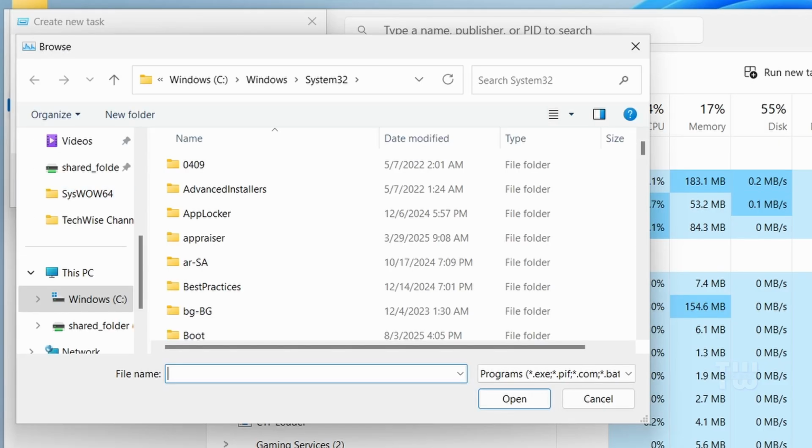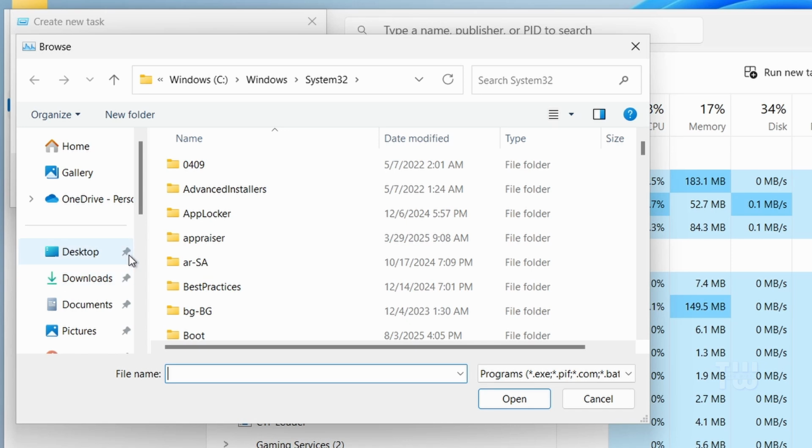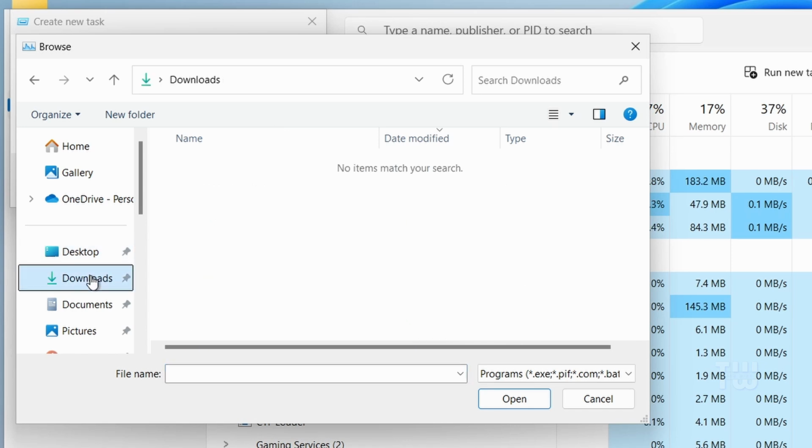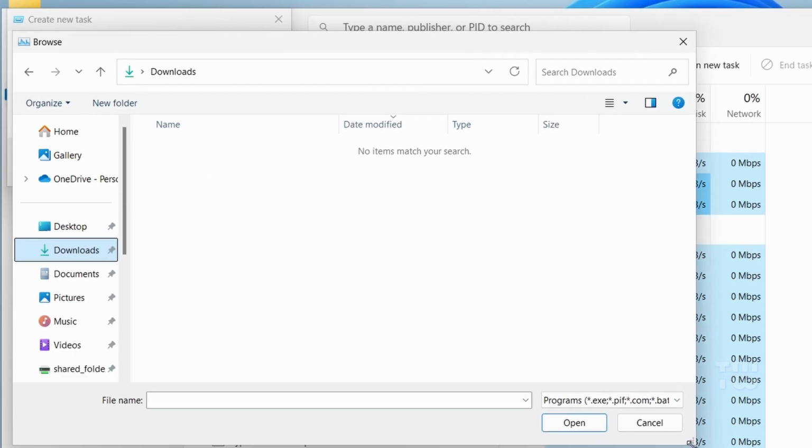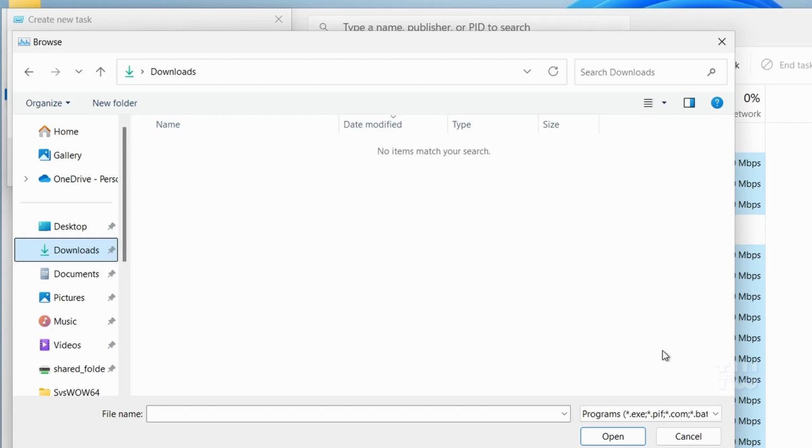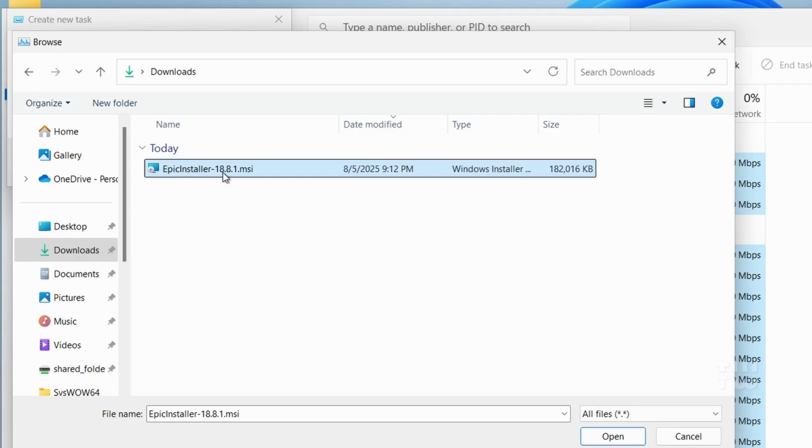Now let's navigate to where your Epic Games launcher installer is saved. I have mine in the Download folder. At the bottom right, change the file type to All Files so you can see the MSI file. Select Epic Installer File